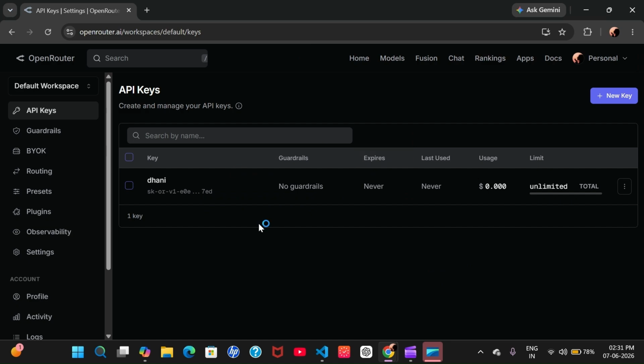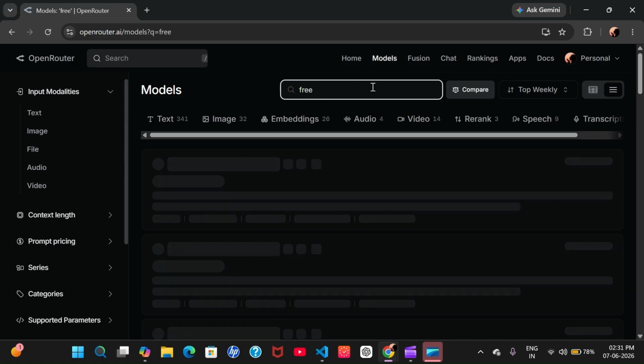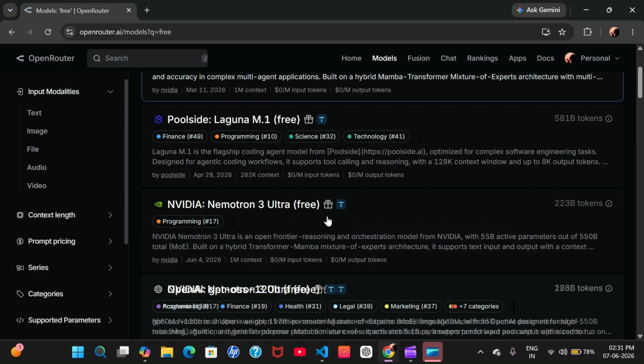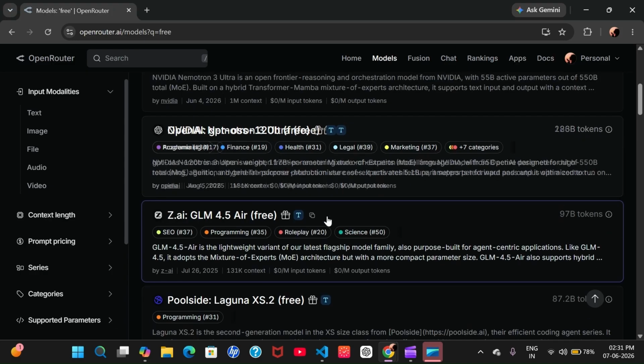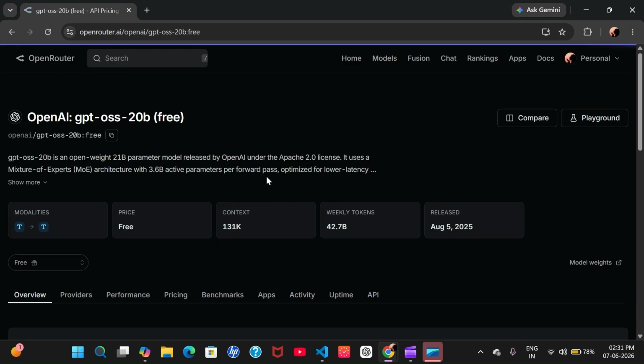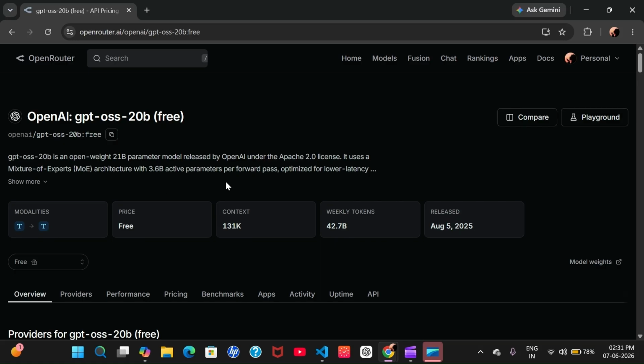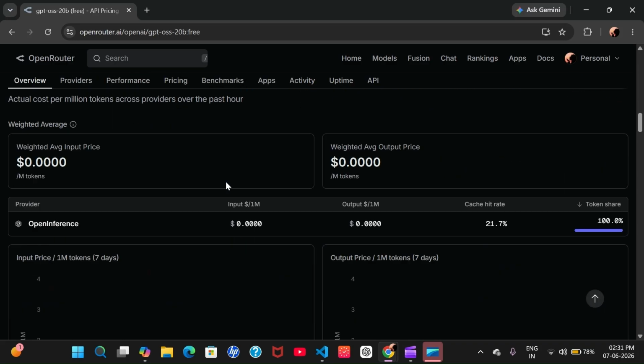Then you can create your API key, and don't share it with anyone. Now go to the models and search for any free model. You will see many free models here, and go for any one like this. Copy the name of this model because you may need it in the next step.